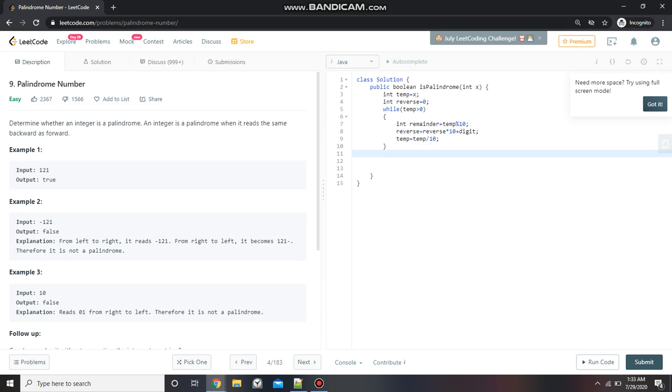So now what we'll do is we'll check if reverse is double equal to x, we'll return true, else we'll return false.